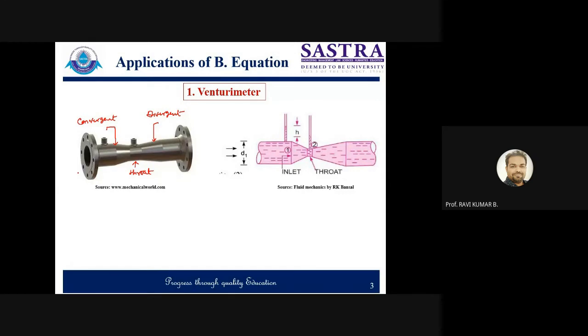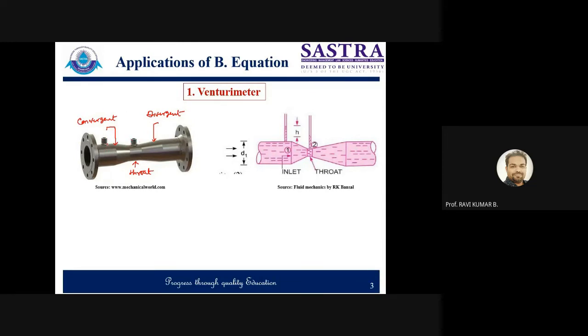If I want to measure the flow rate in a pipe, I will attach this device there with the help of nuts and bolts. All around the periphery the nuts and bolts are there. This is the pipe section to which I will attach it. The moment flow is entering here, the initial pressure will be measured here. Look at these taps that are given. In these taps, I can attach the manometer. A manometer is a device for measuring the pressure difference between two locations, and these are the two locations.